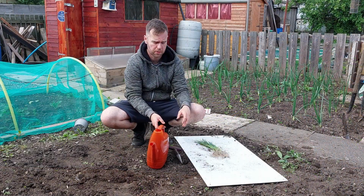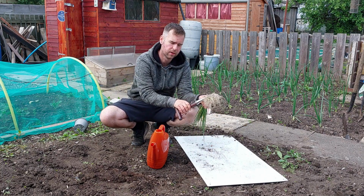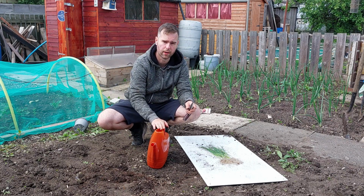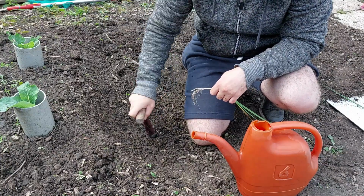Okay, so what you're going to need now, I've separated them and I've got all the best ones there. You're going to need a dibber or something to poke a hole in the soil, and you're going to need some water. So all you're doing is, with your dibber, you're making a big hole